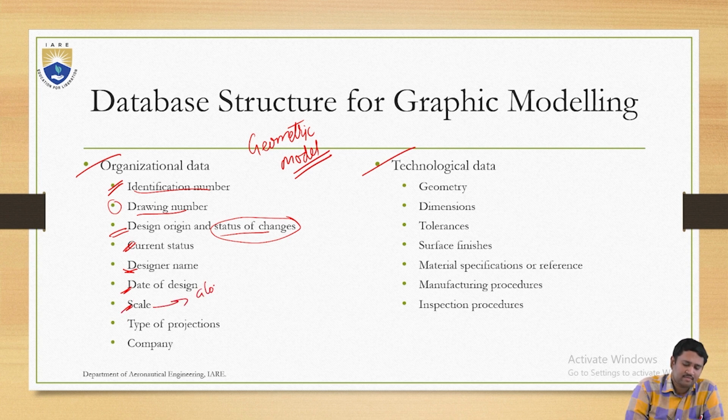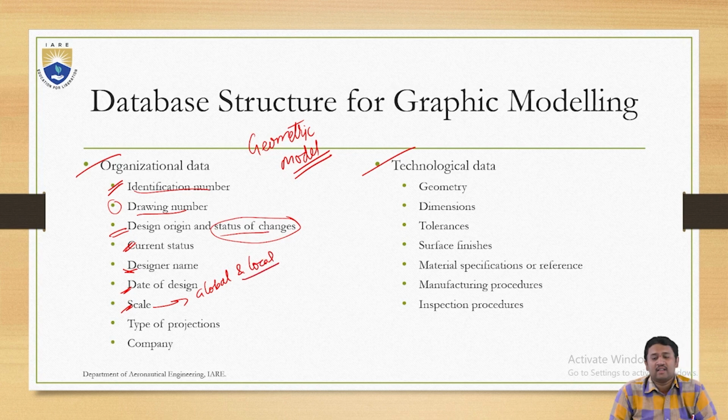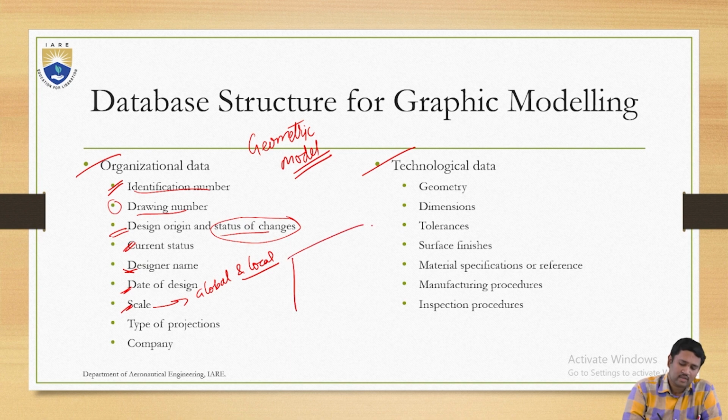And what is the scale? Scale can be global as well as local. Under these two, global scale is the same for the whole drawing sheet or the whole 3D model. As we know, while drawing, you will have a small title block which consists of the scale. That scale suggests that the scale is for the whole sheet, and whenever we are enlarging or clipping a particular section to enlarge a particular view or section of a block,